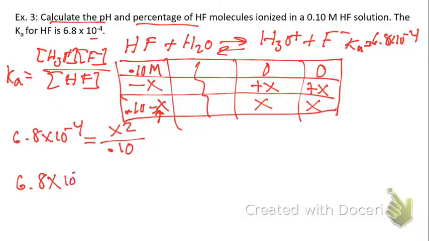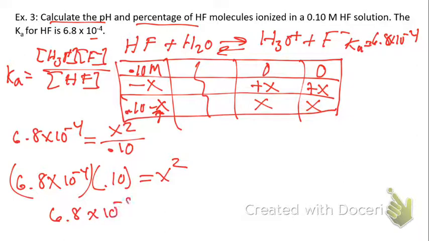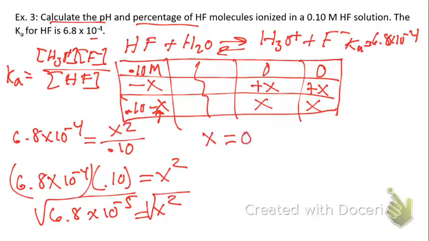So 6.8 times 10 to the minus 4, multiplied by 0.10, is equal to x squared. So therefore this term should be 6.8 times 10 to the minus 5, equal to x squared. Take the square root of both sides, and therefore x should equal 0.00825. X and the hydronium concentration should be the same